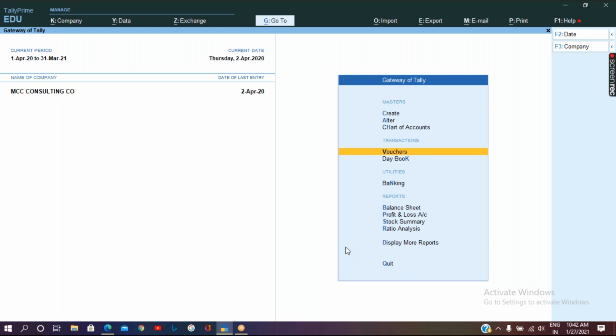Okay, I'll give one more clue. I have the screen over here as the Gateway of Tally. I have a few report options also. Do we have any report option over here so that I can get the godown wise report in this screen itself? Can I go to any particular report to get the godown wise report?